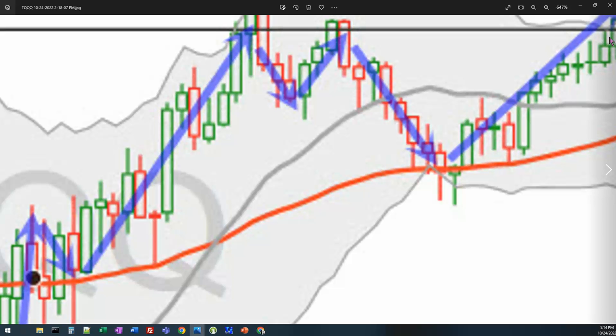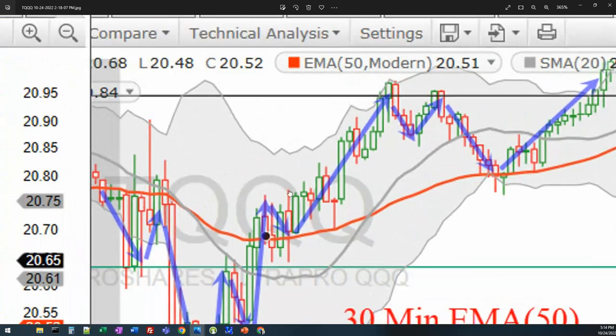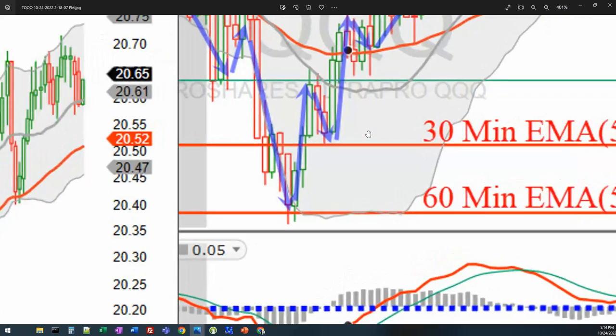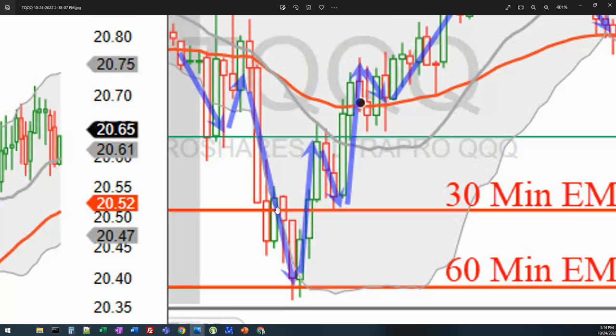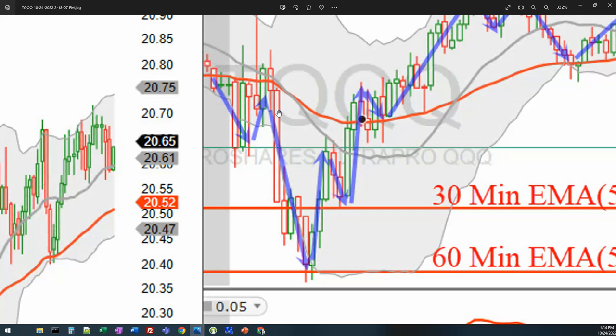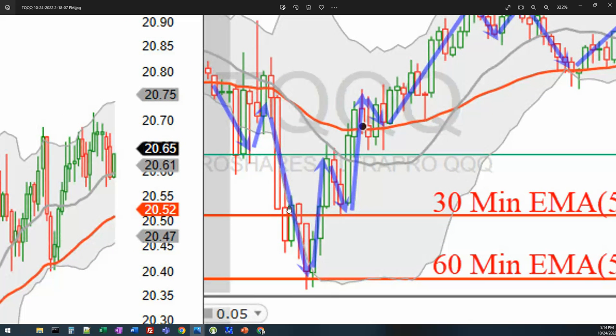See what I mean? The key is the body of the candle must close. Okay. Anyways, onward and upward. Now, look at the fall this morning. Look at the fall. How did I know? Notice how it's falling, falling, falling, falling, and it tries to come up and retrace right here,